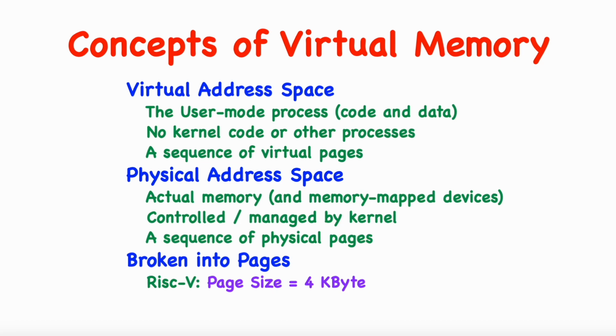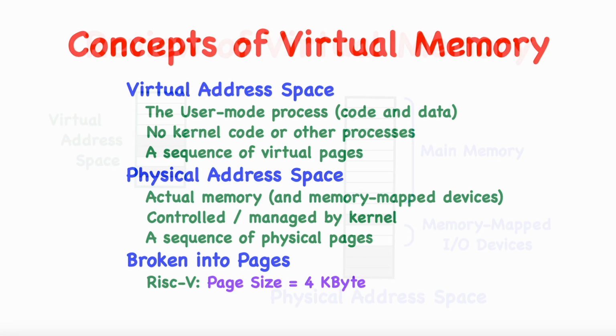The physical address space is managed by the kernel, which uses it to implement a virtual address space for each of the user processes. Each virtual address space is broken into a number of virtual pages, and similarly, the physical address space is divided into a number of physical pages. With RISC-V, the page size is fixed at 4 kilobytes. Each 4K virtual page will be placed into a 4K physical page, and how this is done is the topic